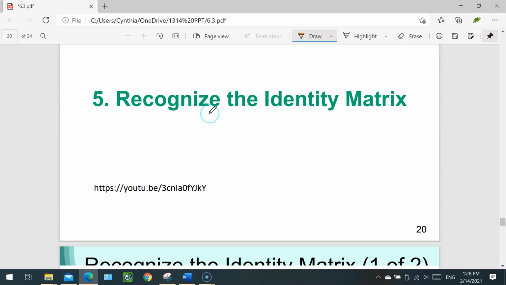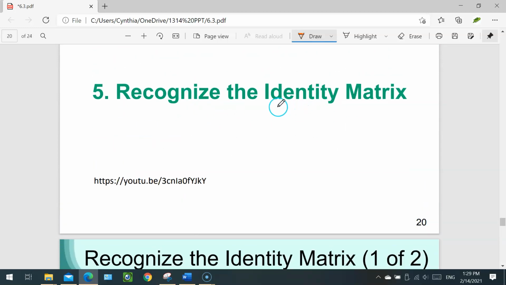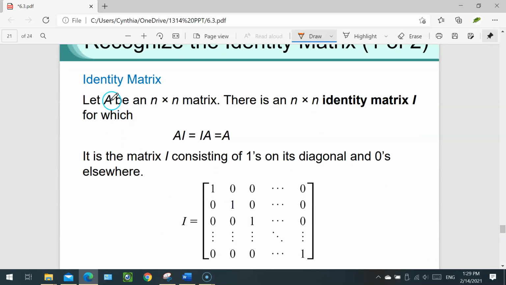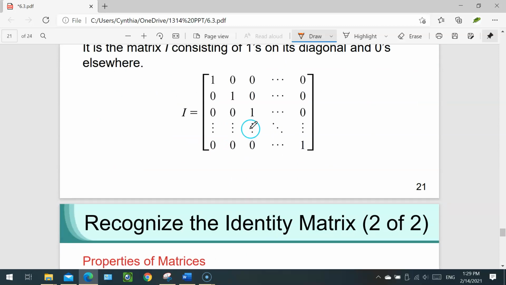Recognize the identity matrix. A matrix A that is n by n has an n by n identity matrix I for which, when you use matrix A to multiply the identity matrix, it is equal to the identity matrix multiplied with matrix A, and you will go back to matrix A itself. For example,